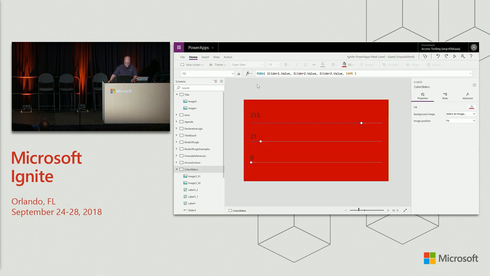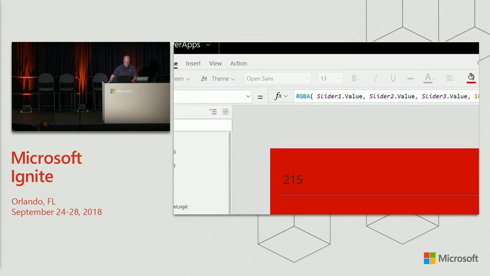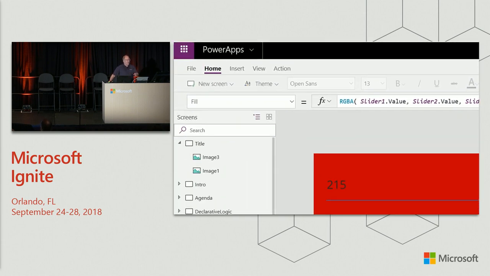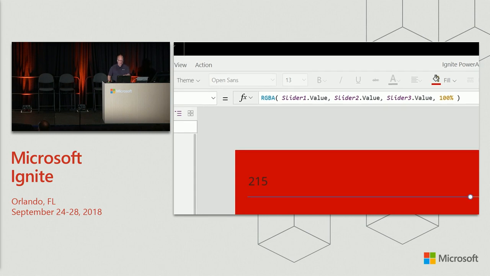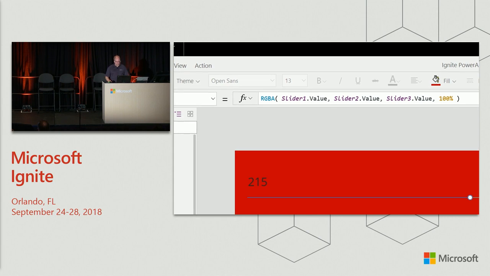Now, the way that works is based on this fill formula up here at the top. The screen has a fill property, and the fill property is set to RGBA of slider 1's value, slider 2's value, slider 3's value, and then 100% to say it's opaque. So as I move the sliders, it just automatically recalculates, and I see the background color change. There's no on-change event for each of the sliders. There's no procedure that calculates this and stuffs it into the fill. Instead, the fill kind of pulls the value based on the value of its dependencies,